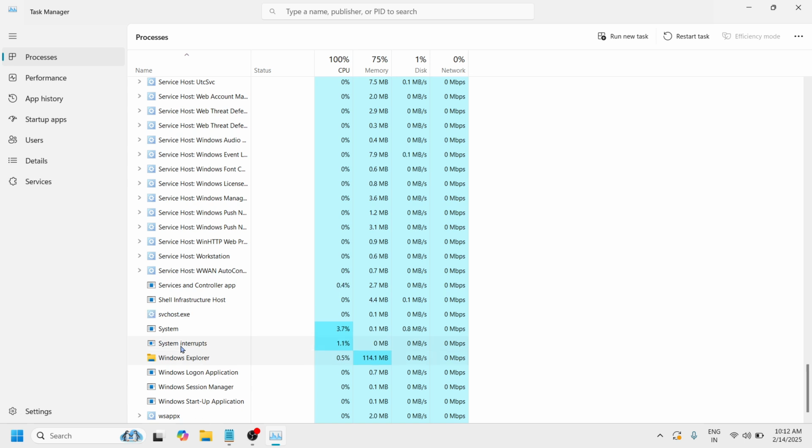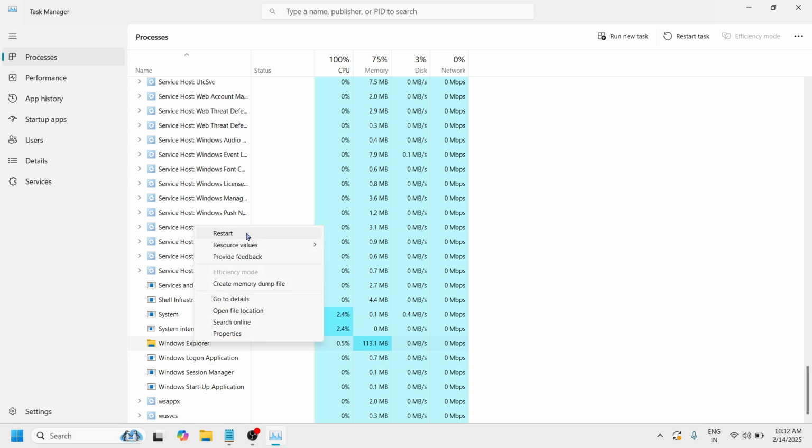Now here's the catch. You need to restart your Windows Explorer. How? Just right click here and go for restart. In some cases, Windows Explorer will be fixed or will start working again once you restart it. But if it doesn't work for you, then let's move on to the second step, which is